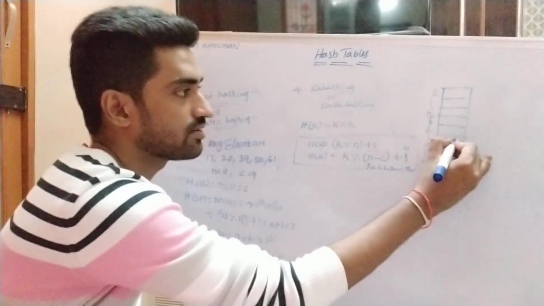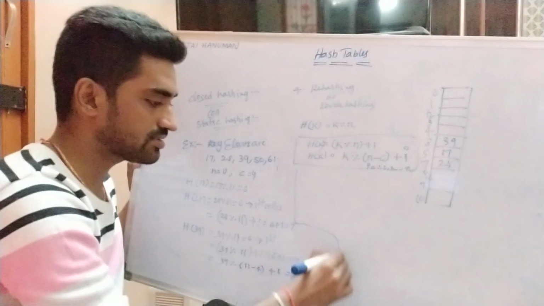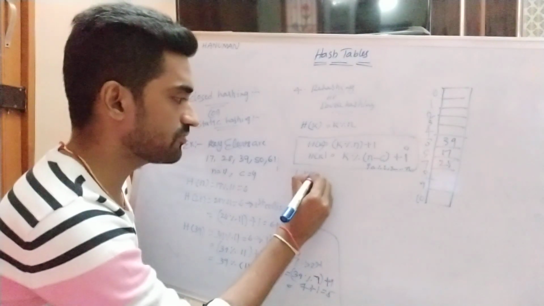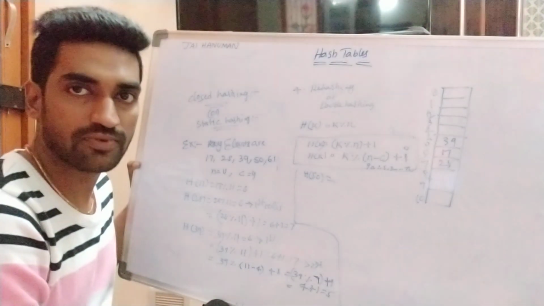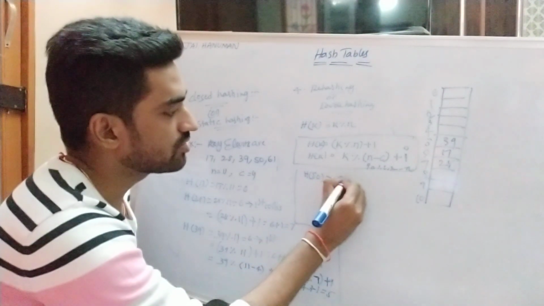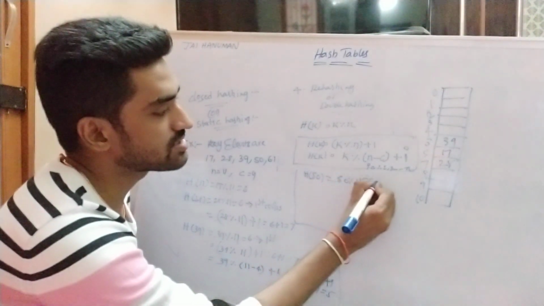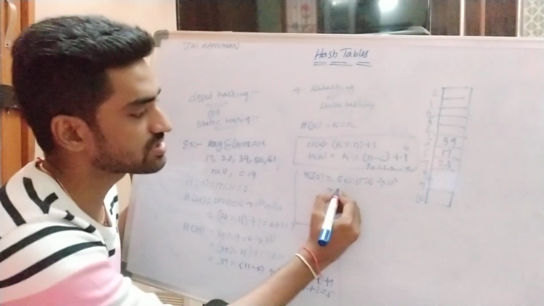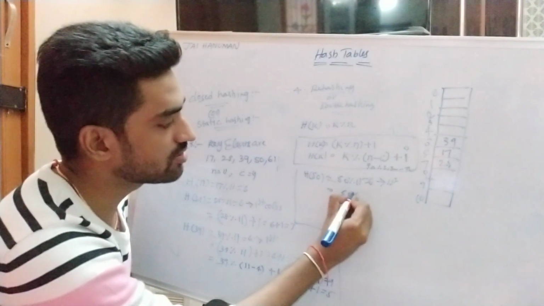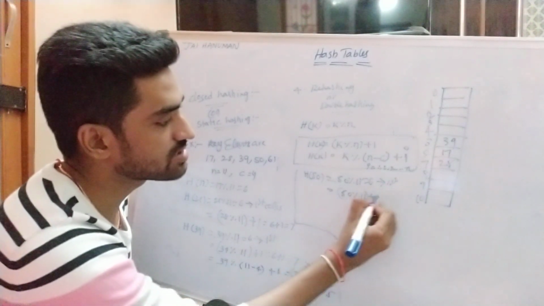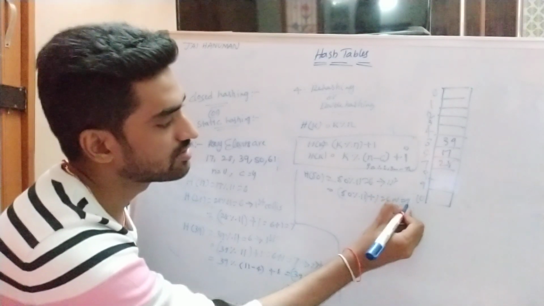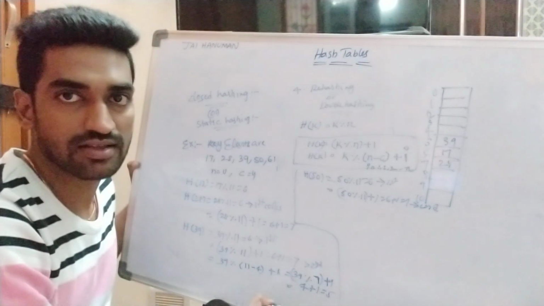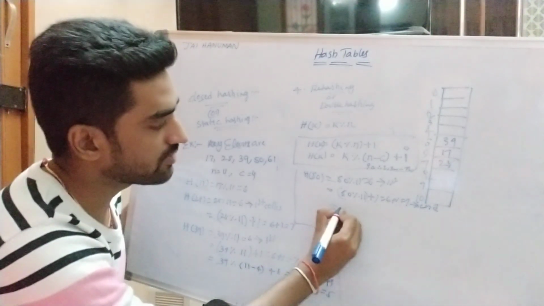So 39, right? What is the next inserted key element? H of 50 modulo division of 11, which is equivalent to 6. First collision is occurred, already occupied by 17. Apply double hashing first formula, that is 50 modulo division of 11 plus 1. 6 plus 1, 7. 7 is already occupied by 28. Second collision is occurred. Right? Apply second formula.